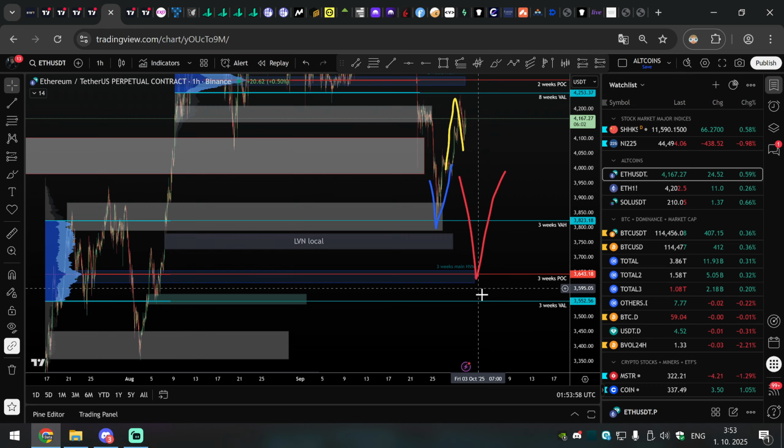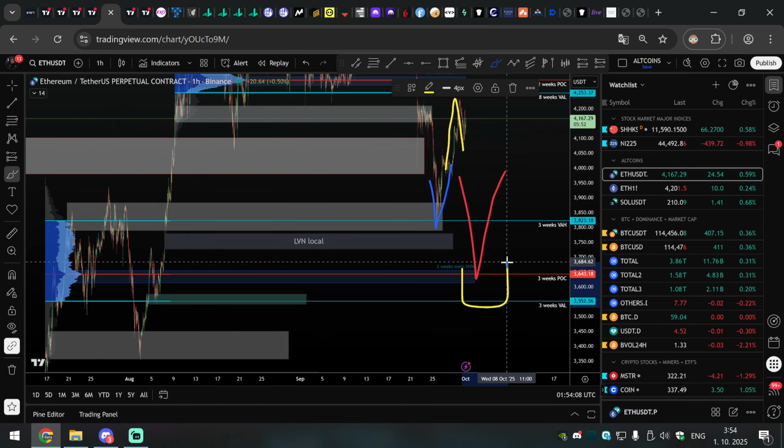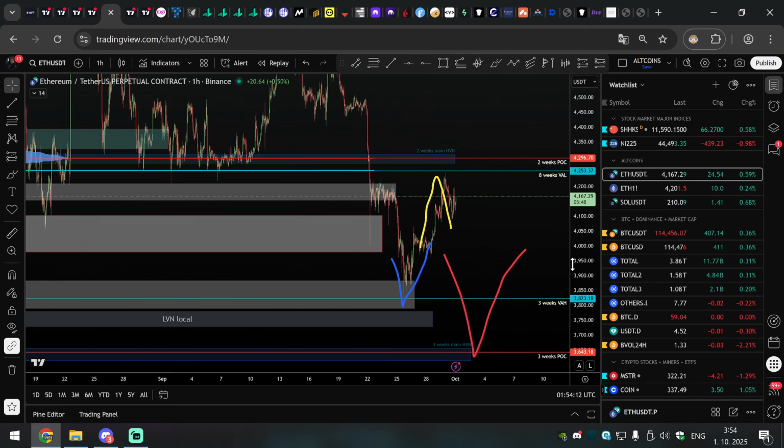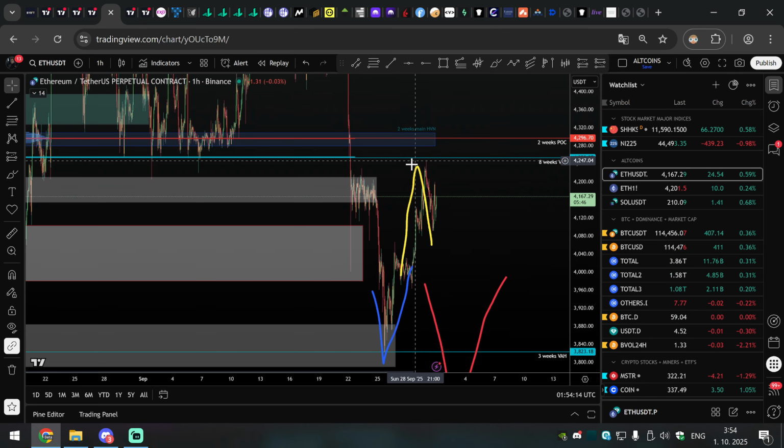In the future I am having alerts here at 3643, the point of control high volume node, and in this area as well. This whole box is the future support for Ethereum in case we go for a larger pullback. You can note this. And now we completed the yellow scenario as well, where I predicted we will go for